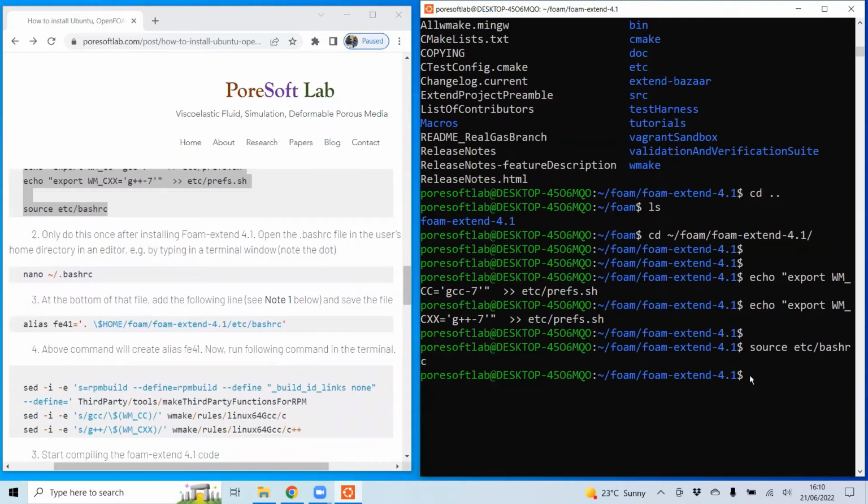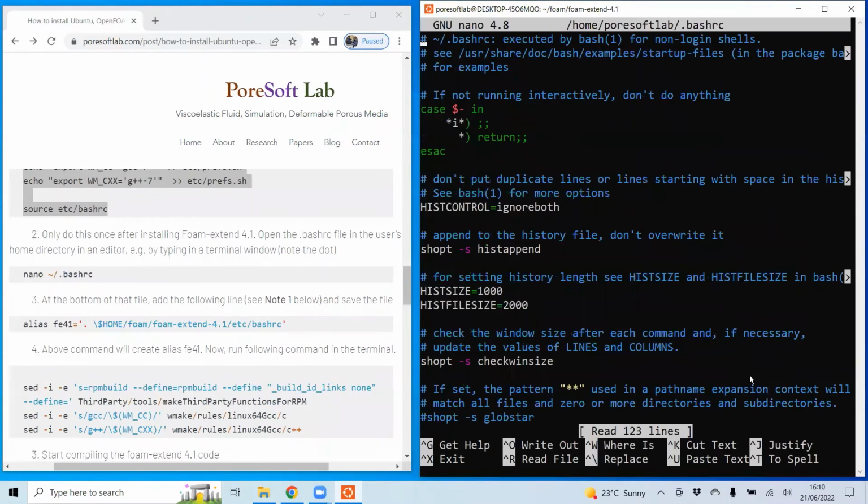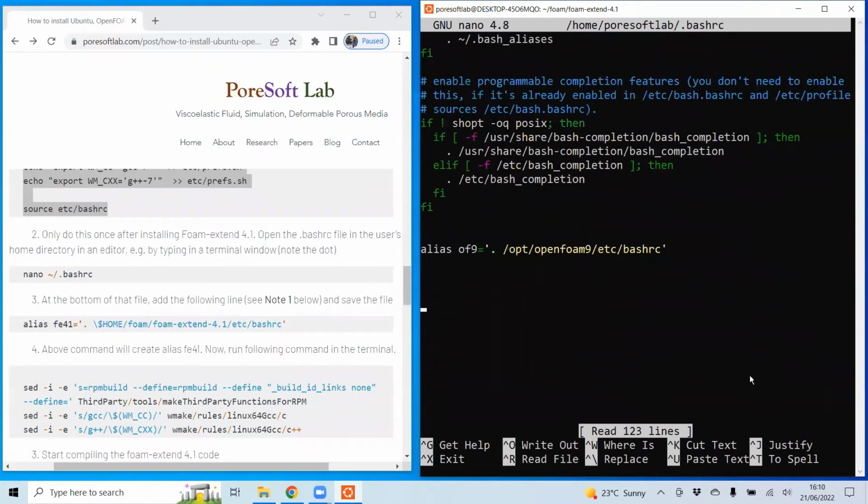Now we can open the bashrc file with nano. To do that, type nano tilde /.bashrc, and then go to the end using the page down button. Here we need to type this alias for foam extend.